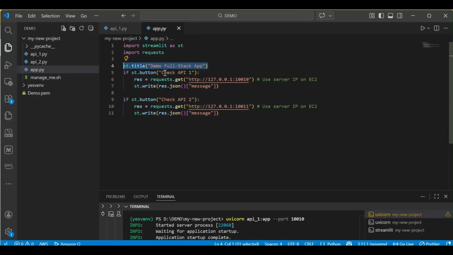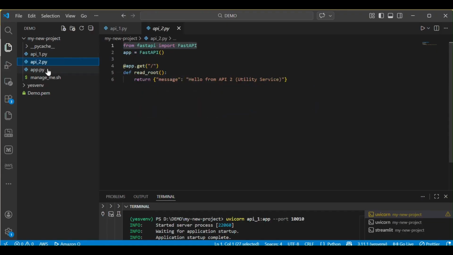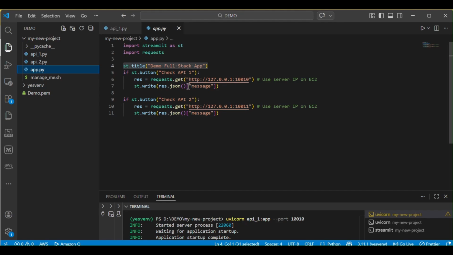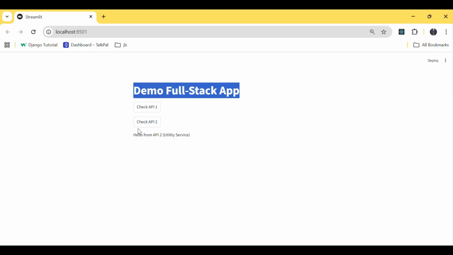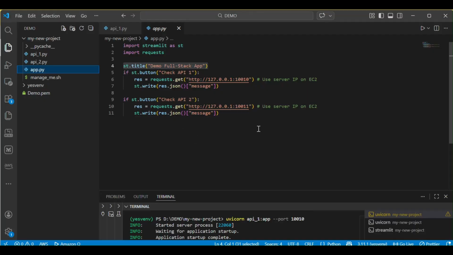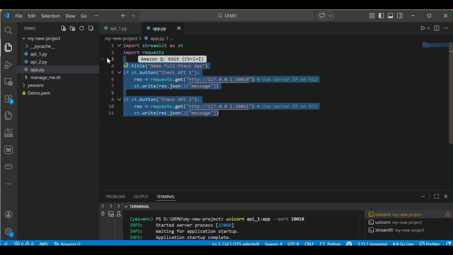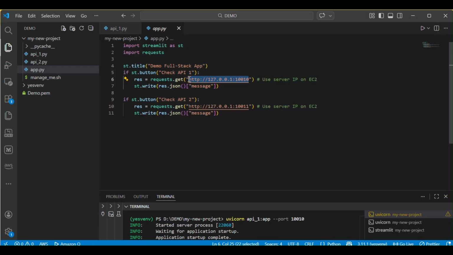When this button is clicked, it sends a request to this endpoint, and it returns the JSON that we have already seen, from which we only extract the message. So this message is what we are getting over here, and this message over here. Very simple code, very basic. And remember, the endpoint I'm using here is localhost, and the port I have given here is 10010. The port I have given here is